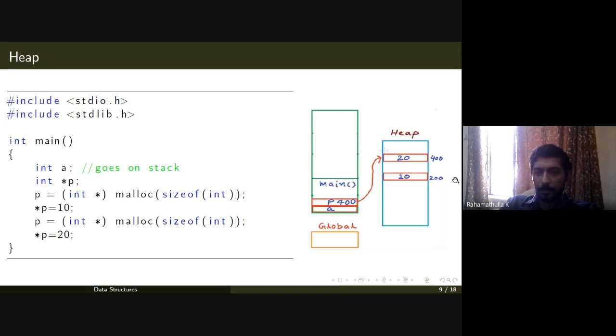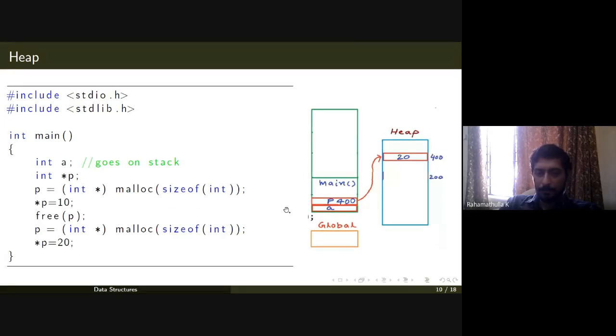It will not be cleared. If you would like to clear it, you will have to use the function free p. If you use free, then this section will be cleared so that it can be used by the operating system for storing other variables, or if you try to allocate again, you may get access to this area.